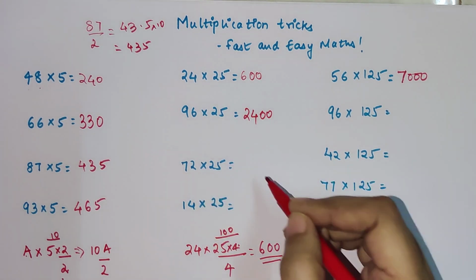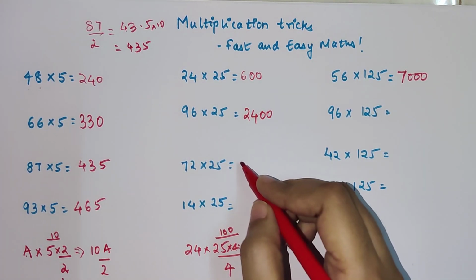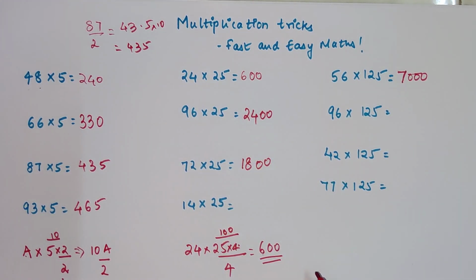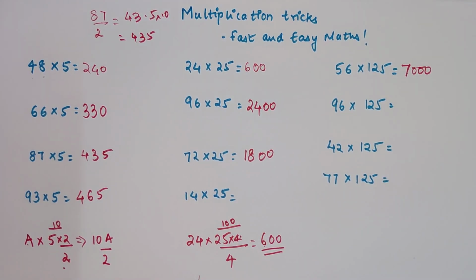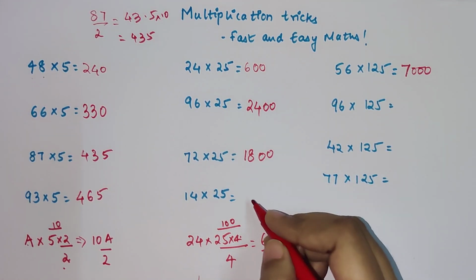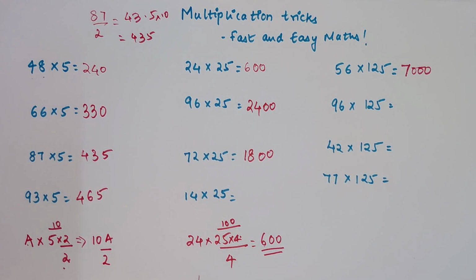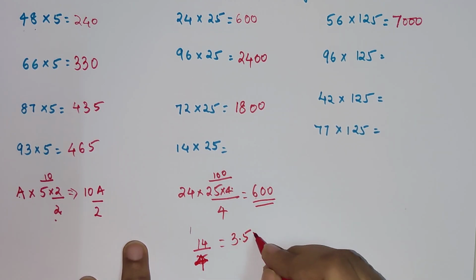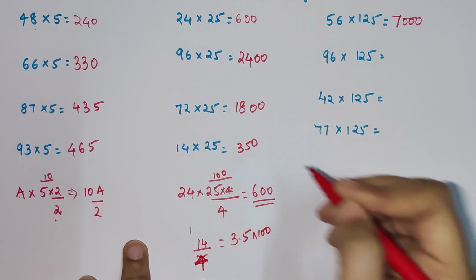Now 72 is also going to get you 18. So this is also directly divisible. Now in case of 14, we all know 14 is definitely not divisible by 4. So what do we do in that case? We'll just simply divide it. So 14 divided by 4 is going to get you 3, and you're left with 2, because 12 taken from 14, you're left with 2, so 3.5. That when multiplied by 100 will get you an answer of 350.